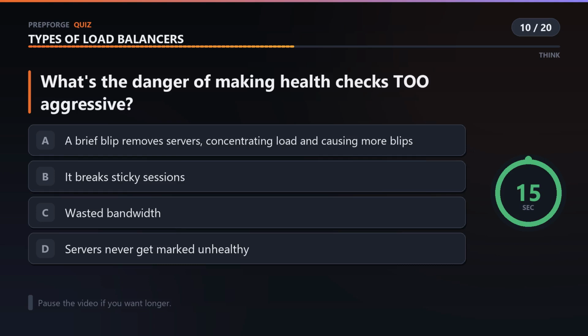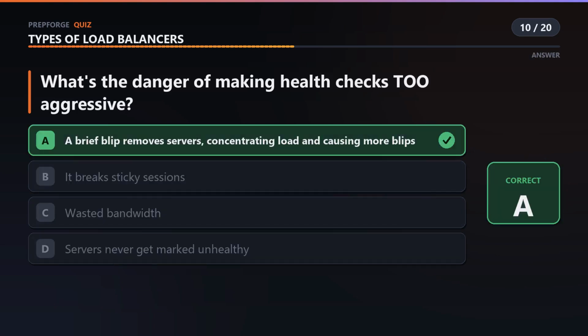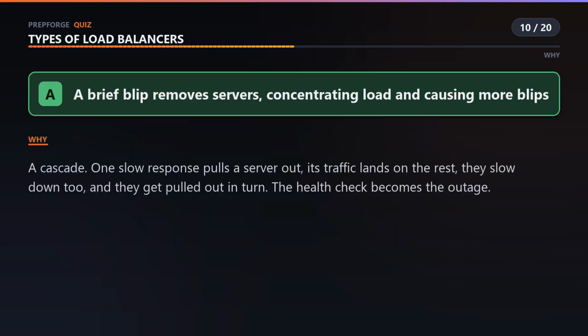What's the danger of making health checks too aggressive? You get a cascade, and it's a genuinely nasty one.